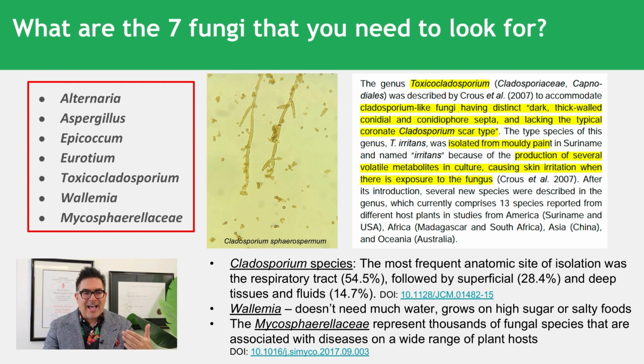Now, this last one, which is difficult to pronounce, Mycosphaerellaceae. Now, this is a difficult one because these represent really thousands of different fungi that are found associated with plants. So consider these as those fungi that grow on plants and may find their way inside your home. So if we look at the